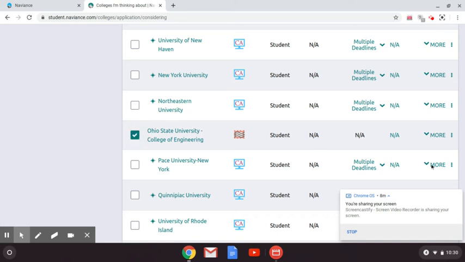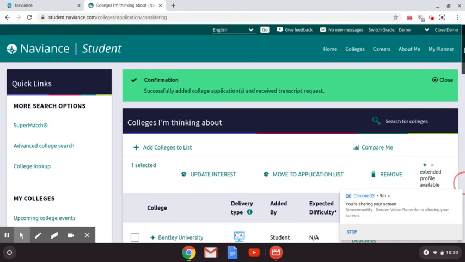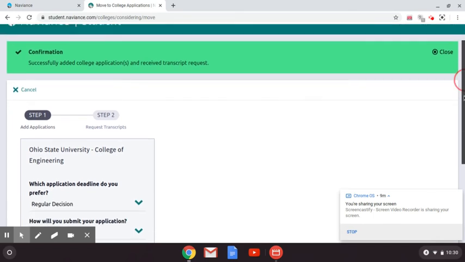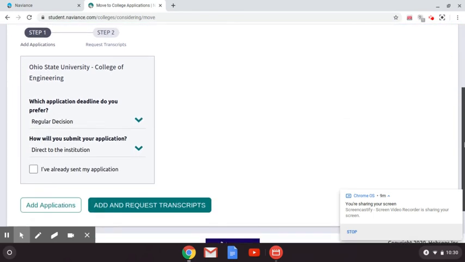So I'm going to click on it. Now, remember, Ohio State University is not going to be Common App. So I'm going to go here, but I want to move it to my application list. Okay, and again, it's going to go through and it's going to ask me questions. I need to decide on a date, okay, which I'm going to,